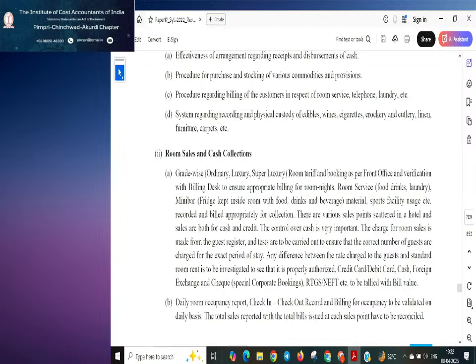Of course, this room occupancy report has a lot of uses. You might find certain hotels where you get rooms at a very cheap cost. How is that possible? That is based on the daily room occupancy report. When they come to a conclusion, okay, these rooms are left unbooked, maybe this is not a season, it's an off season. Instead of leaving the rooms vacant, when you just flash all those things online,